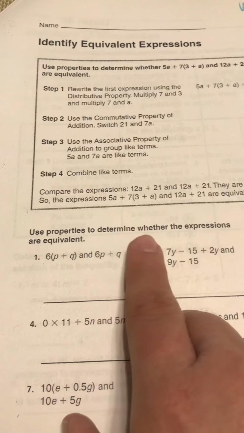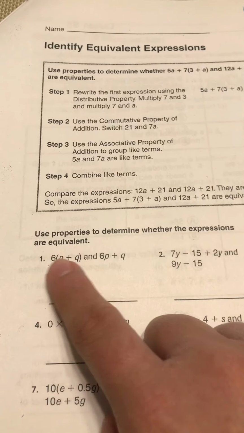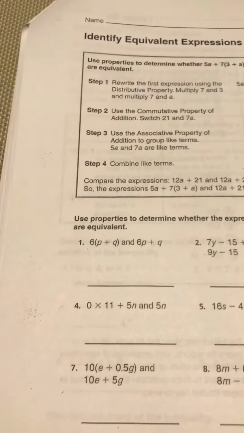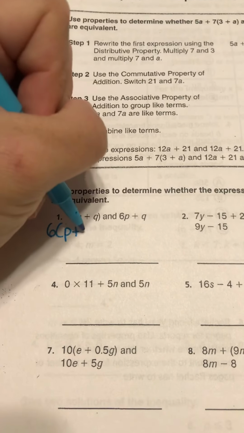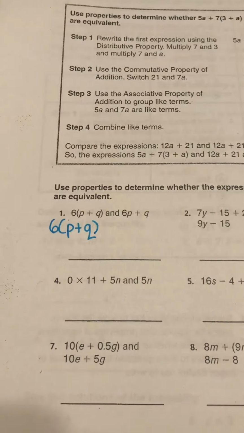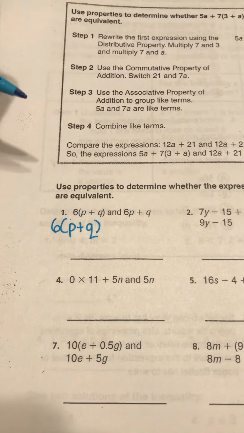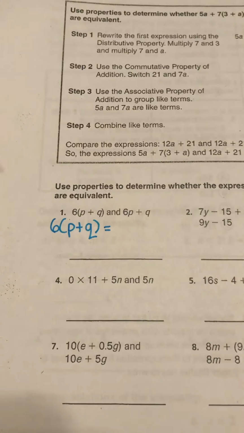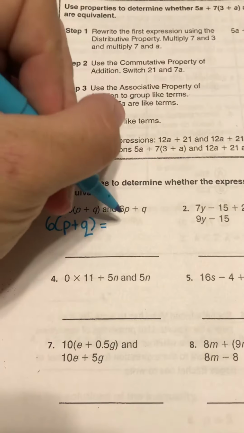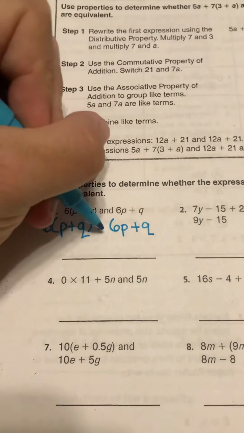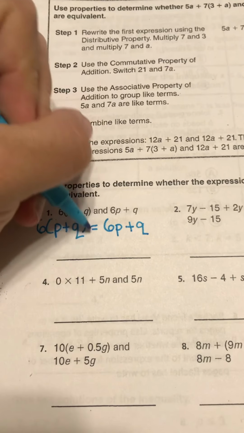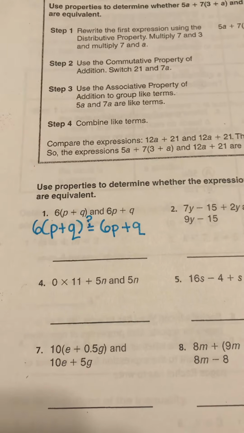So use properties to determine whether the expressions are equivalent. So what I like to do is I like to rewrite both expressions. So I'm just rewriting 6 times p plus q, and I'm setting it up so I have an equal sign, and then I bring down the other expression. So right now I'm saying they're equal in value, but I really don't know that, so I'm putting a question